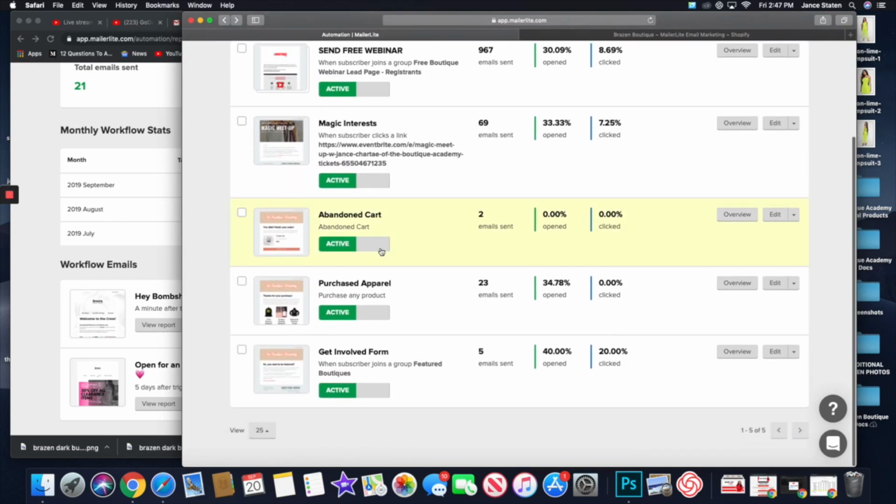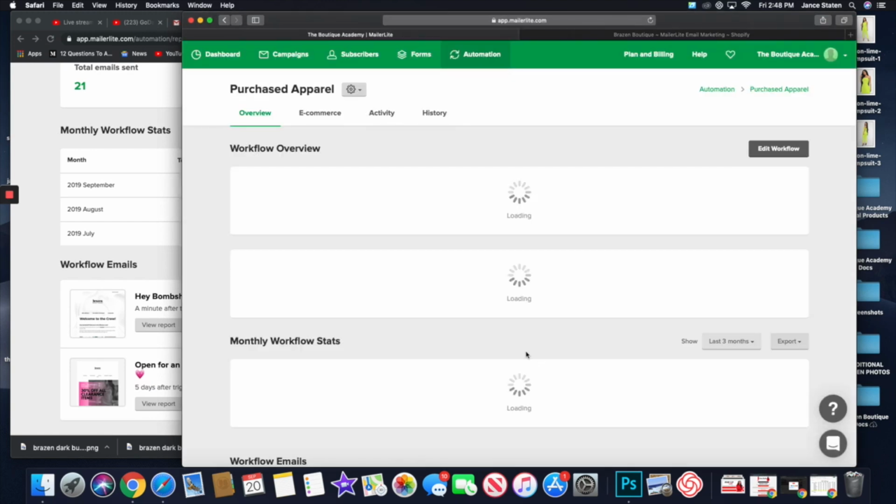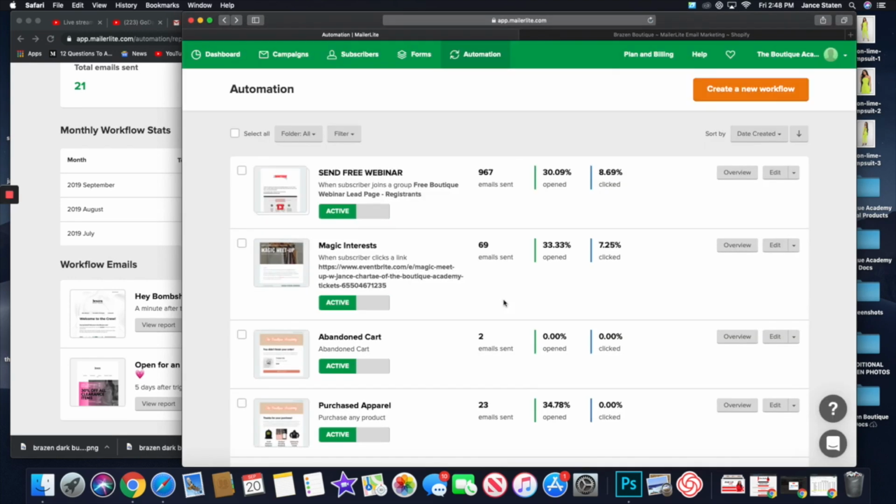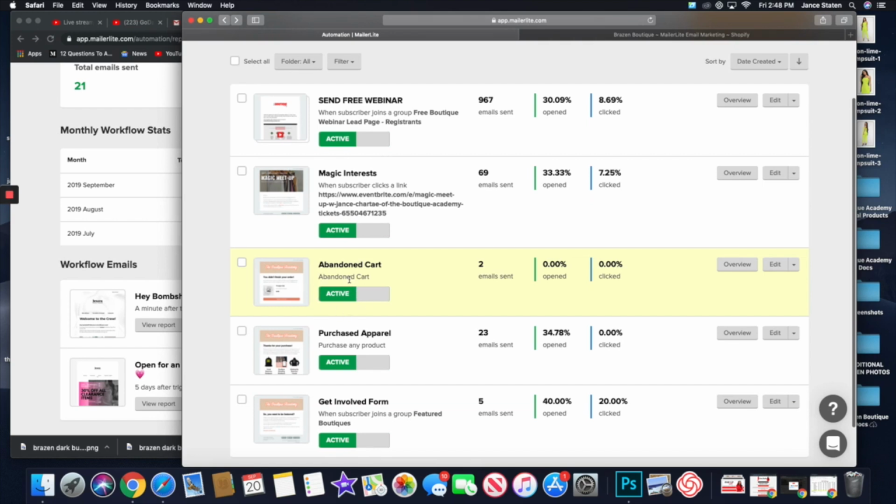someone has taken. So I have some set up for purchased apparel. I believe this one sends them an email asking them to write a review. Yeah, so 10 days after making a purchase, it asks them to leave us a review on the purchase that they have made. Let's see what the other one is. Abandoned cart. Shopify already has abandoned cart email sequences set up, so I don't use that one as much. Get involved form. I believe this one says when a subscriber joins the group featured